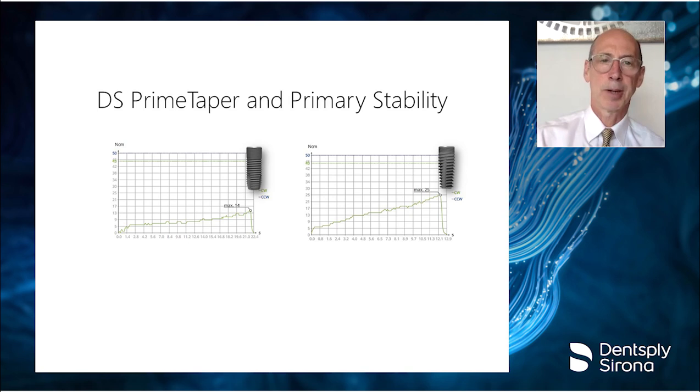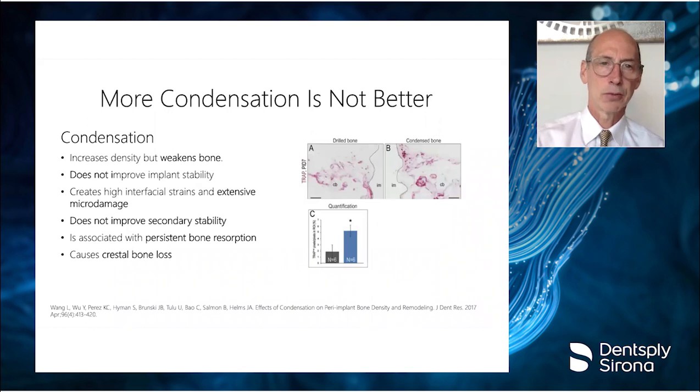As an example of comparing the new PrimeTaper design to the existing EV design, you can see that we can easily double the primary stability when this implant is placed using our implant motors. But I should warn you, when thinking about the insertion torque of this implant compared to others, there are condensing design implants, and the studies of condensation effects on peri-implant bone